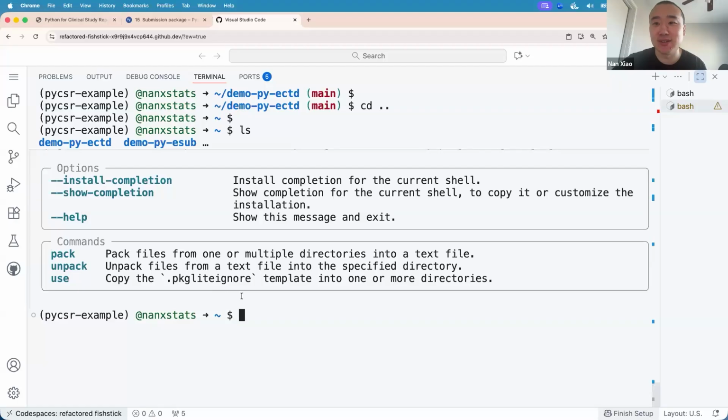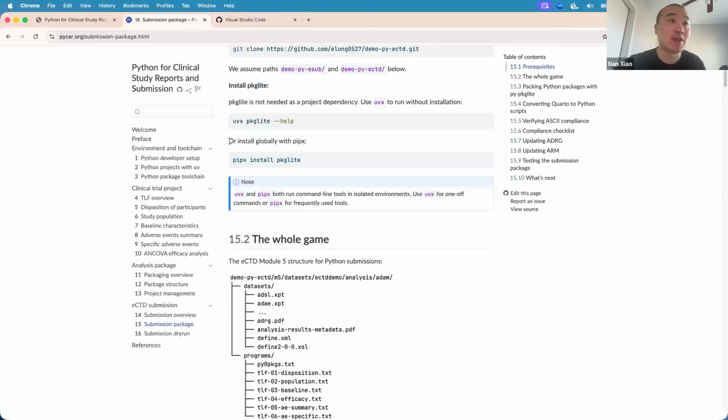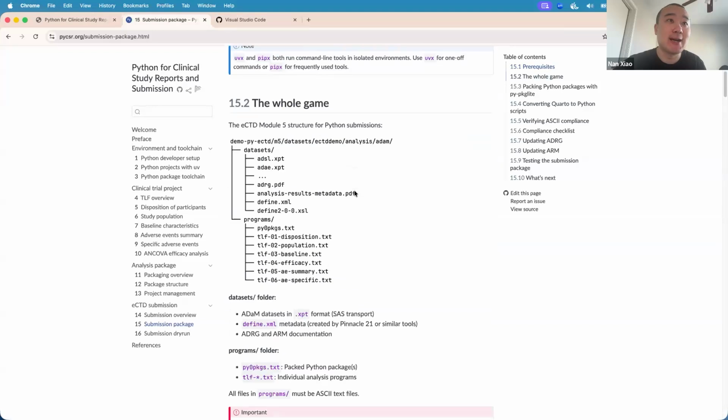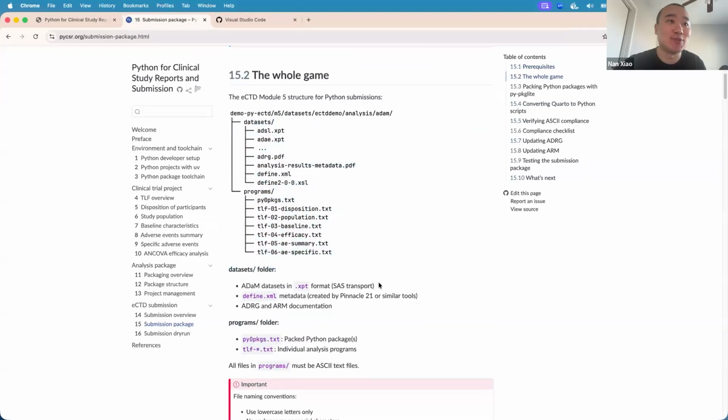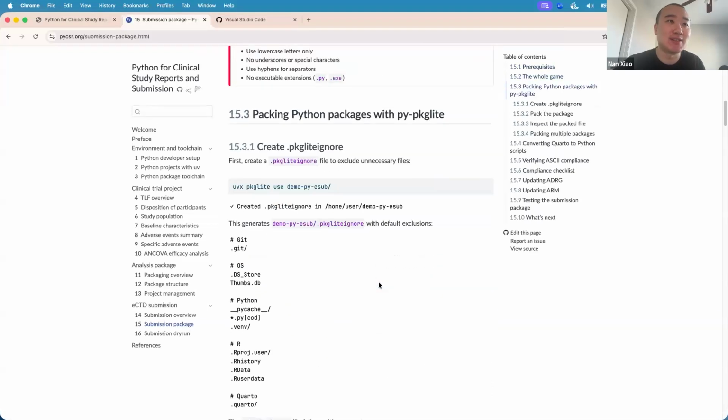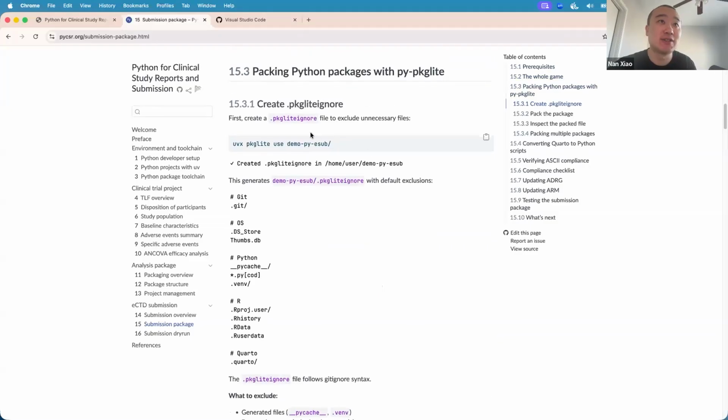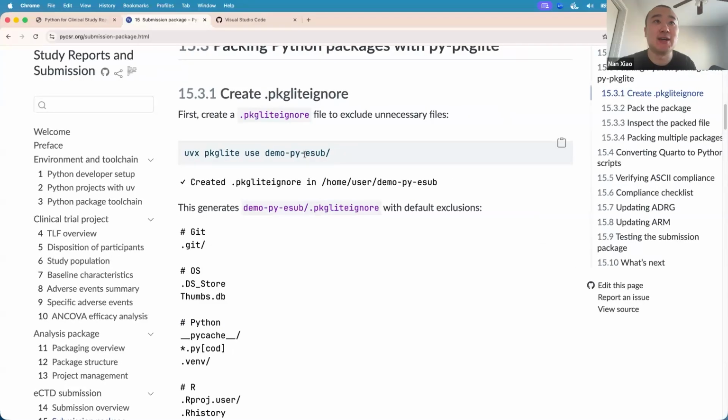So these things are very easy to write, as I can show you a little bit later. You can do that following this structure. First of all, let's create a .packliteignore file for this source Python package. I'll just copy paste this.